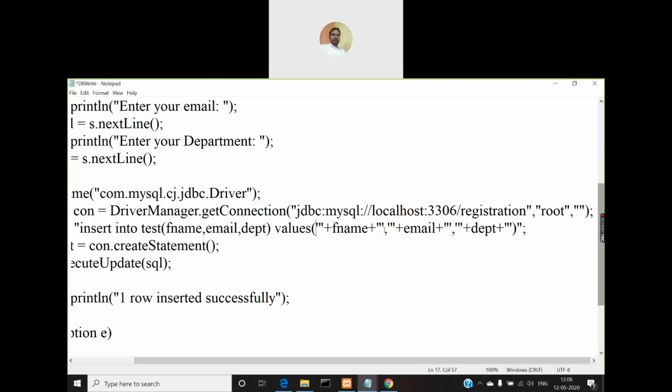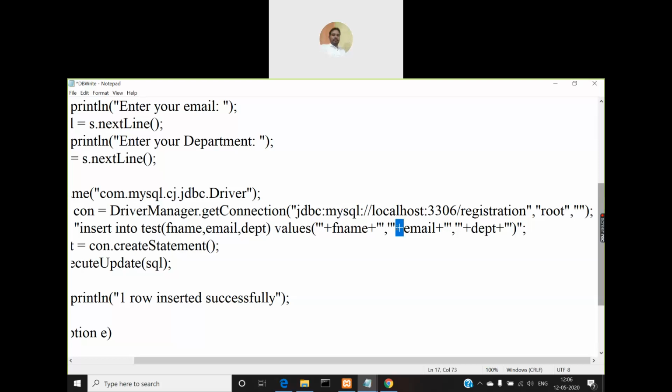After the single quote is closed, as per the syntax of MySQL, every value that you are trying to insert must be separated by a comma, and each value must be enclosed within single quotes. So after the single quote is closed for the first value, give a comma, then open the single quote for the second value, then close the double quote.